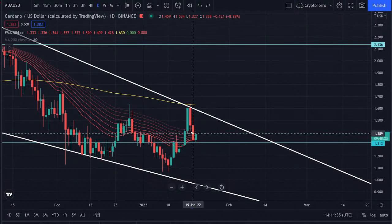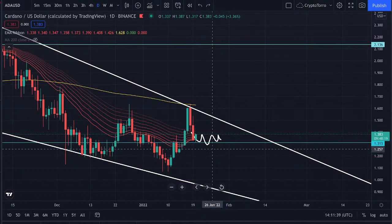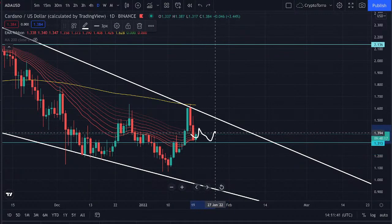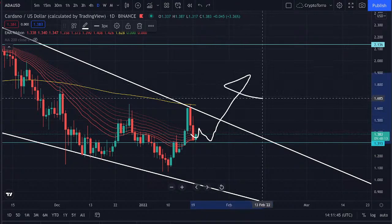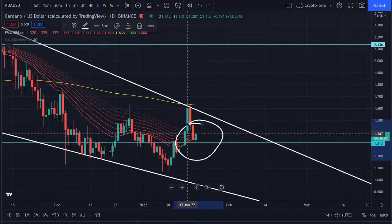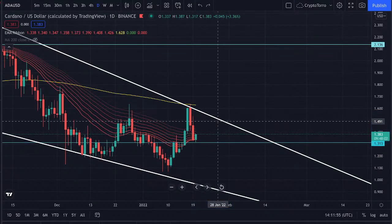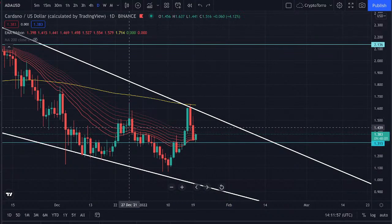Therefore, if we do see a further continuation or a stronghold getting found and created on top of this area, I'm very bullish on Cardano, because a possible breakout might occur and further continuation towards the upside will be inevitable. So this is crucial price action right now, and if we do see a further increase, a major move could get started, and that is something that I personally do not want to miss out on. And if you do not want to miss out on this possibility as well,